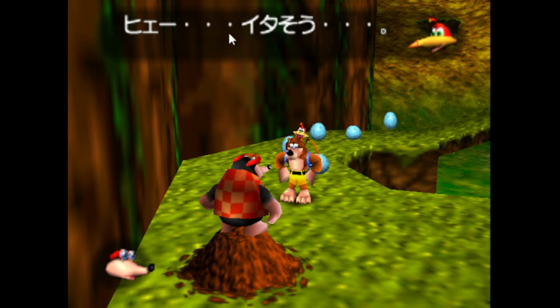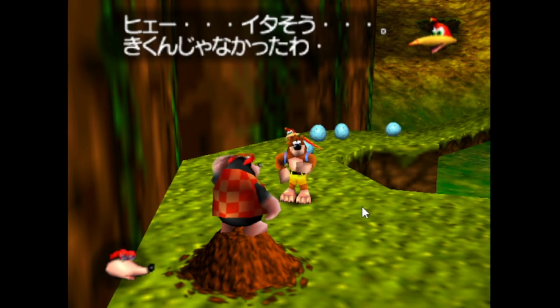ひえ、痛そう. So just a noise of sort of undesirable noise. And then itaso. Itai means to hurt or to be painful. I suppose it's to be painful, really, because it's an adjective in Japanese. So yeah. And then itaso, again, it sort of sounds painful, is what she's saying. Seems painful.